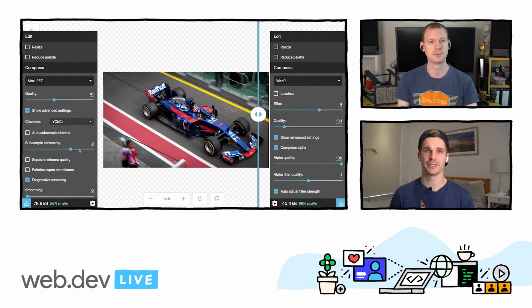I also often combine it with the separate chroma quality so that you can basically introduce the blockiness into the colors, but not into the brightness, which is often much less perceptible. Interesting. I've never had success with that. I've tried that, and I've always been unhappy with the results. But yes, mileage may vary, right? The option is there, so people can play around with that. Absolutely. But yeah, I think it's worth in this case to serve both the WebP and the JPEG because it's like half the size for the browsers that support it. But that's it. That's everything I really had to say about lossy images.